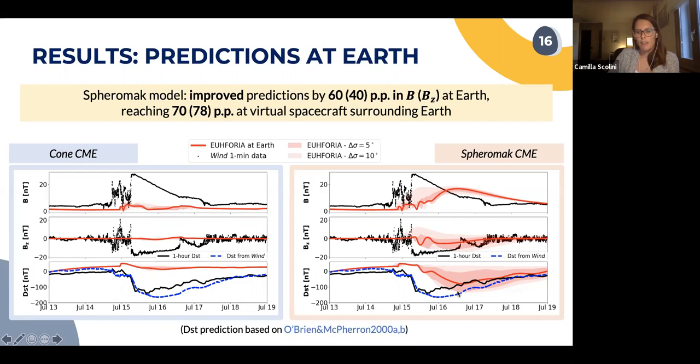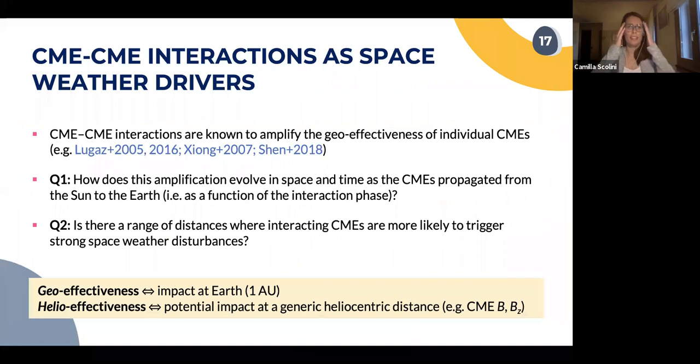So this gave us a baseline of how well EUHFORIA with the spheromak can perform compared to the cone model, and how much we are gaining, despite the fact that we are spending much more time in trying to reconstruct the magnetic parameters of the CMEs for our simulations. But this was a very unusual case because it's considered to be a textbook case in the STEREO era. And so later on, in the second part of my PhD, I turned towards a more complex situation,